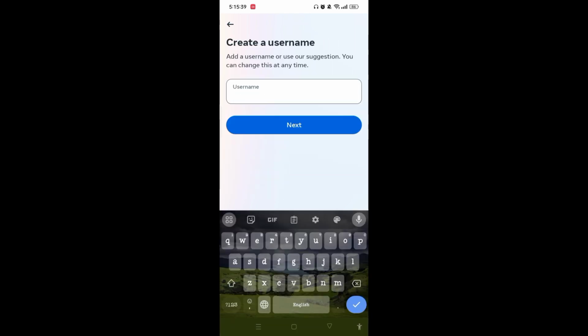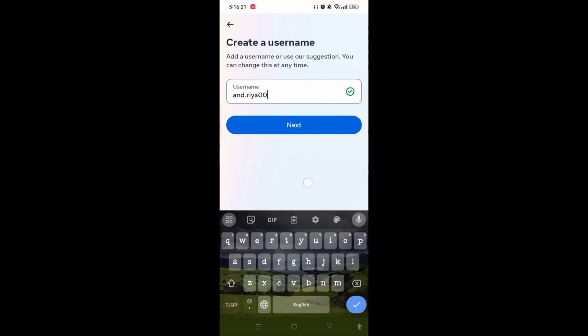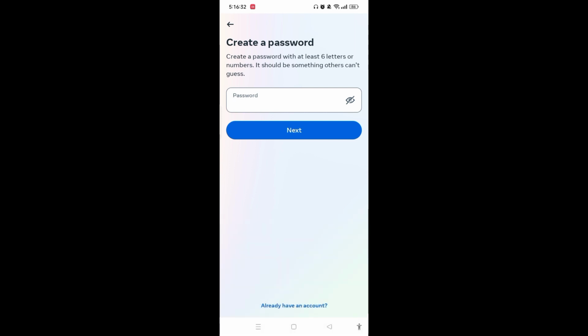Simply you need to tap on it and you need to create a username here, and it is notified that you can change this at any time. Here on the screen, you can see that I have already created a username. Tap on next and you need to create a password here which must be at least 6 letters or numbers,